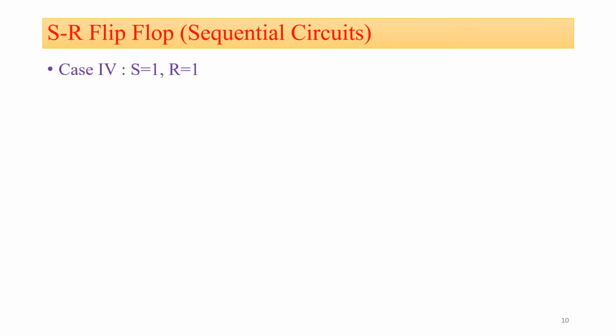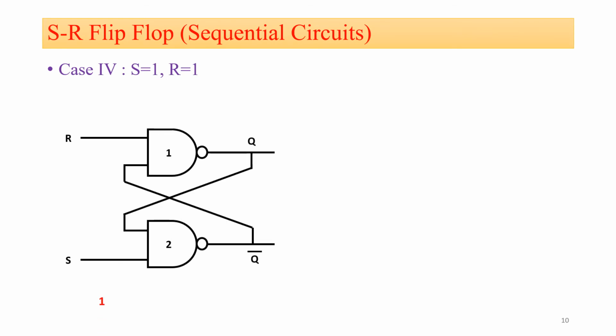And the last case, that is when S equals to 1 and R equals to 1. Now when S equals to 1 and R equals to 1, it is difficult to find out the Q and Q bar, because for the previous two cases one input is 0, that's why it is easy to identify, because if input is 0, then output equals to 1. But for this case, as both the inputs are 1, so your Q and Q bar should be no change